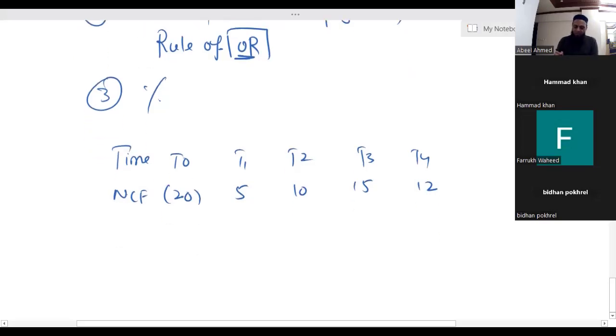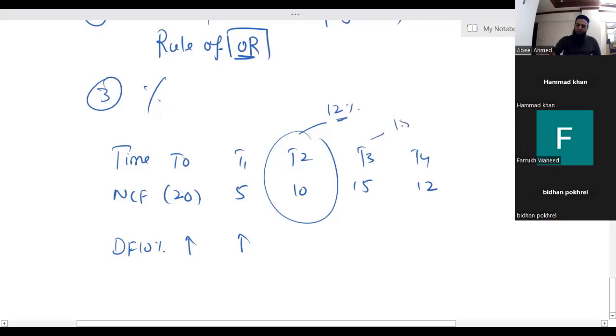If your examiner says that the discount factor is 10%, which is applicable only in T0 and T1, then at T2 the cost of capital becomes 12%. For T3, the cost of capital will be 15%, and for T4, 16%. What I want to say is, if the cost of capital is changing every year,